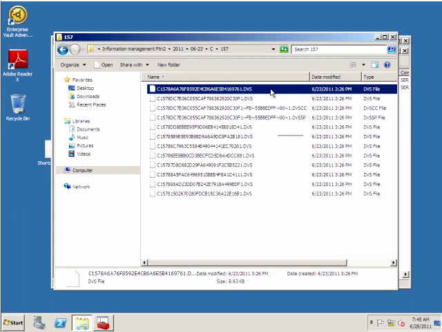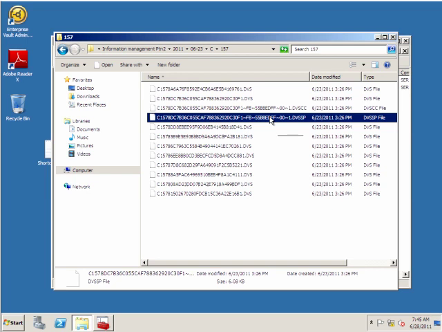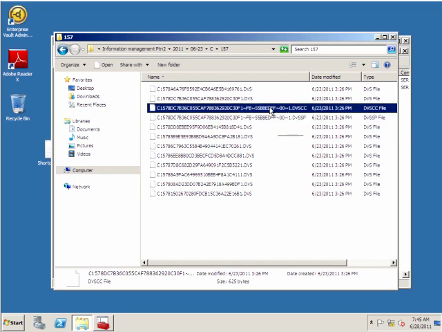This is the unique part of the message that is saved as a save set file. We then can come down and see that we do have a file that is a shared part, and it is a DVSSP file extension for the shared parts. And we also have a file that is our converted content, and it has the DVSCC file